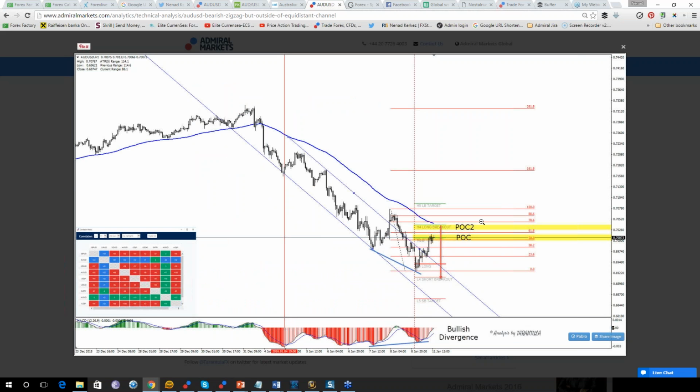So I hope that you made money because I was tweeting this setup a couple of times and you can clearly see it here. This was the time when I did the analysis. The price came here, rejected afterwards, and then bang, it started to drop. Okay, so let's see if it will continue going down.